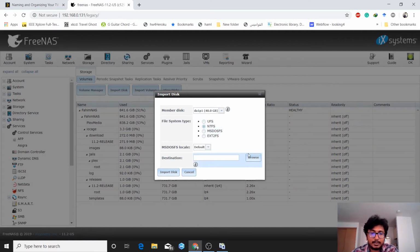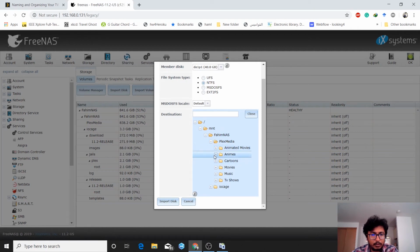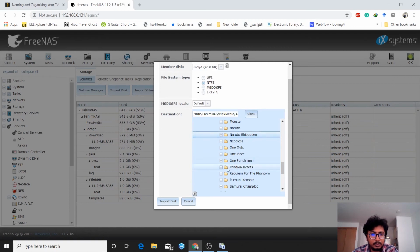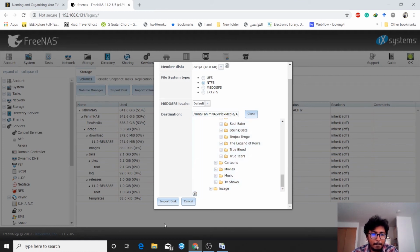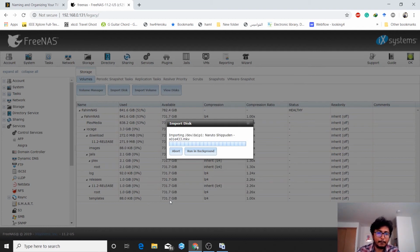So now here's the destination. I want to put it in the Naruto Shippuden folder. This is the folder, and I clicked here, so the whole thing is copied here. Now you click import disk, and you can see the whole thing has started to import. It's going to take a couple of minutes, and after it finishes,